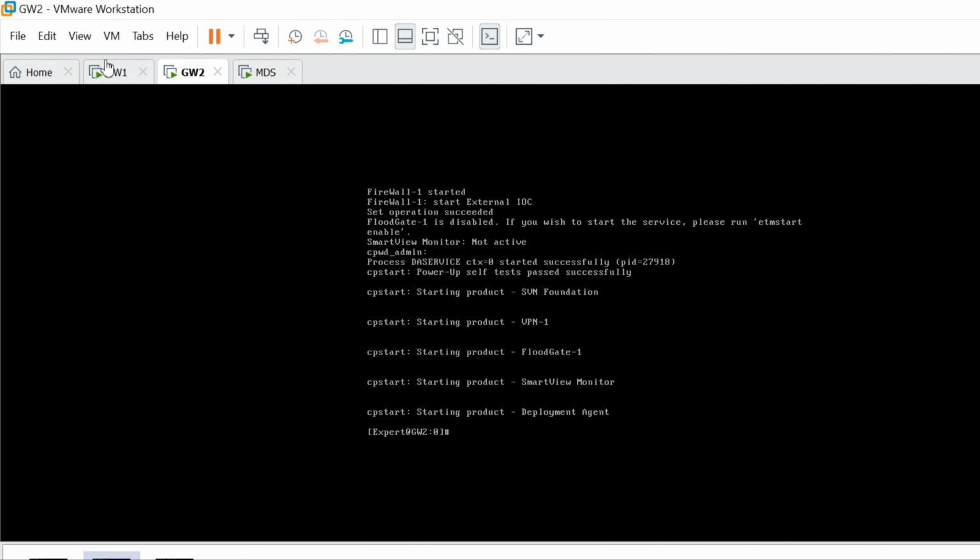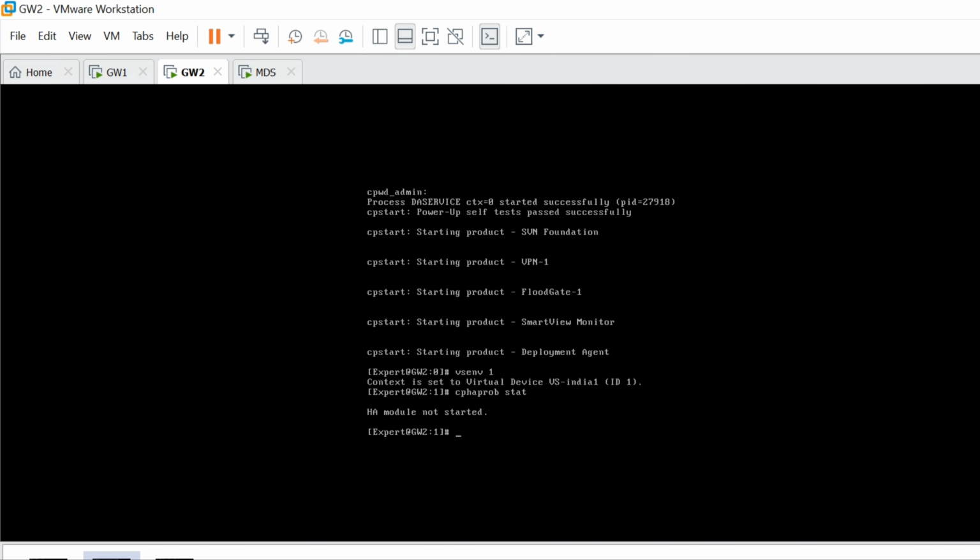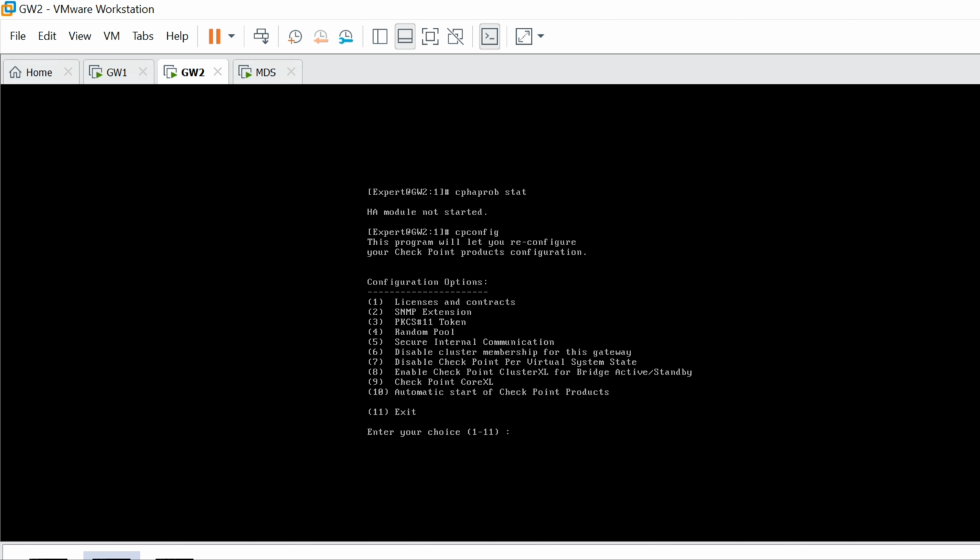Okay, HA module is not started. I don't see HA started between the VS, because we already enabled the virtual system load sharing mode, but still it's not started. So guys, bear with me for some time to see if I can fix this issue.